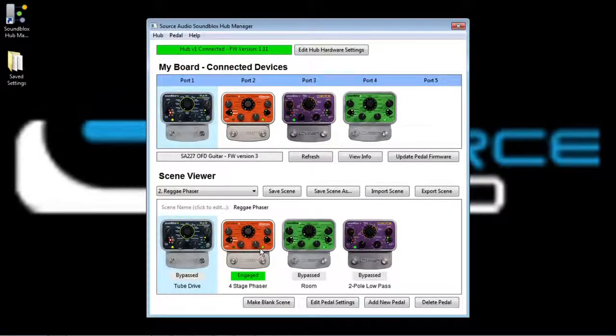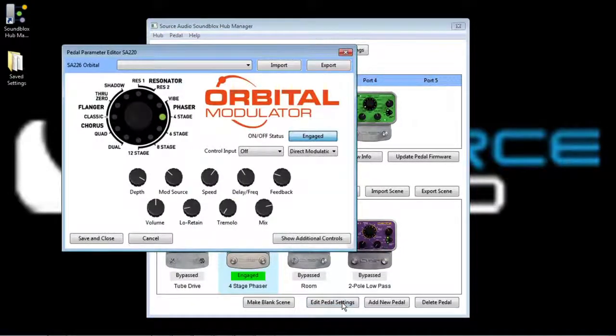The Hub Manager lets you do this a different way, and that is by doing it graphically on the screen. So I can click on the phaser pedal and edit pedal settings, and open up this window to edit the parameters sort of visually on screen. So you can see here are all the parameter settings in that effect that you just heard from Jeff. We have a 4-stage phaser, and the depth is at like 4 o'clock, and the speed is at 1 o'clock,